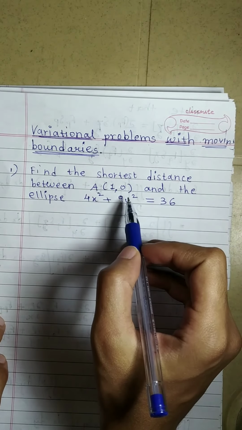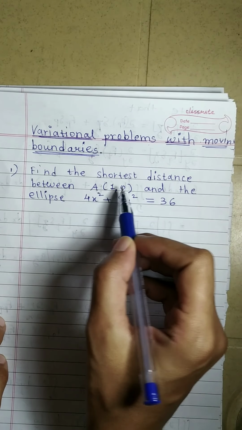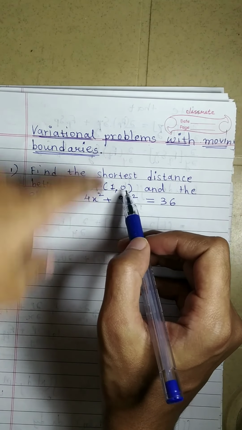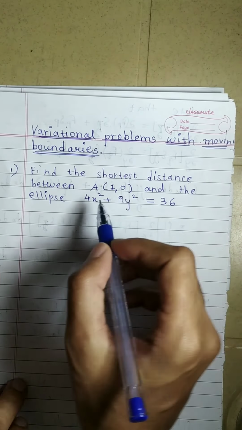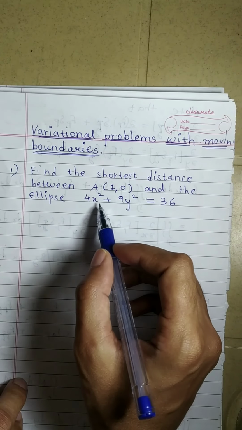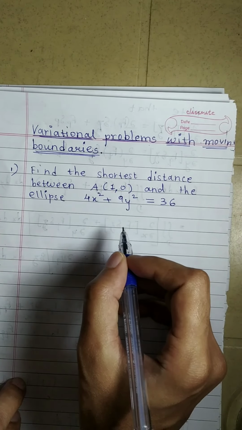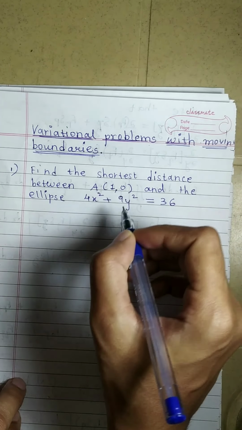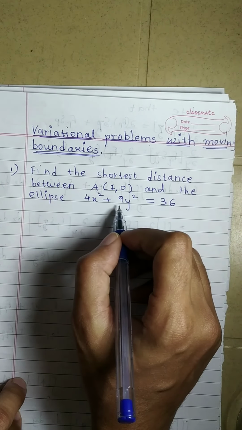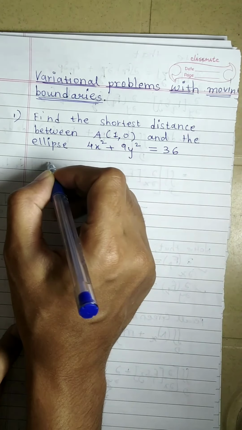So you can clearly see here we are given one point, that is (1, 0), and the other curve is the ellipse, and we want to find out the shortest distance from this point to a point on this ellipse. Okay, so it is somewhat of the form: